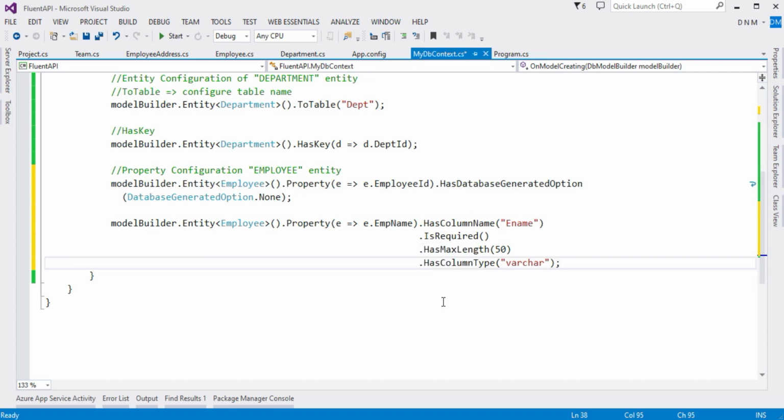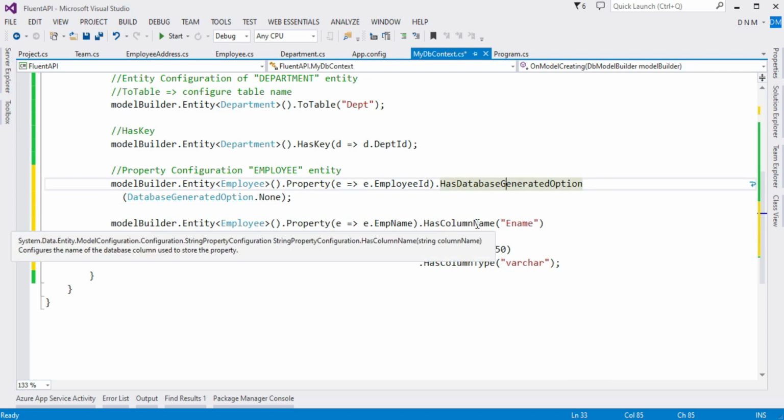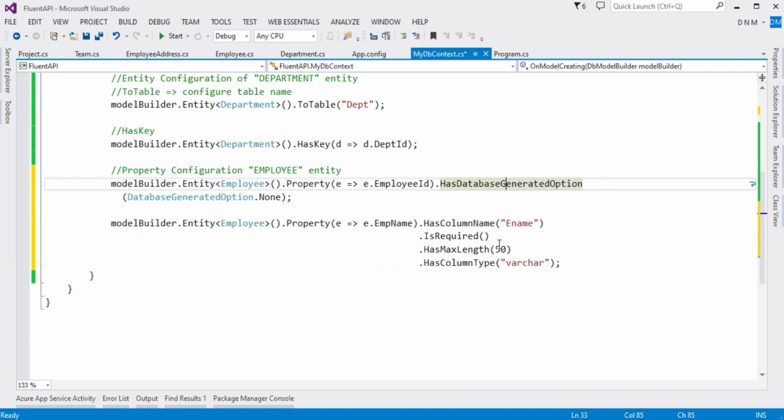It is not necessary to write that part again and again. This is nothing but method chaining. Actually we are saying dot IsRequired, dot HasMaxLength, I'm just writing it on a new line. So we have defined the DatabaseGeneratedOption method, then HasColumnName, then IsRequired, then HasMaxLength, and HasColumnType.